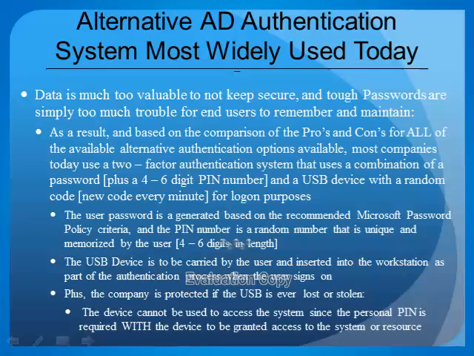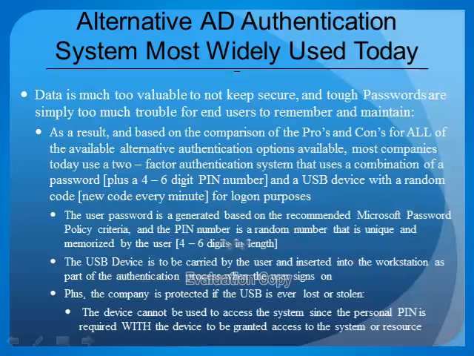The alternative Active Directory authentication system most widely used today, with data that's much too valuable to not keep secure, and tough passwords are simply too much trouble for end users to remember and maintain. As a result, and based on a comparison of the pros and the cons for all of the available alternative authentication methods, most companies today use a two-factor authentication system that uses a combination of a password plus a 4 to 6 digit PIN number and a USB device with a random code that's new and generated every minute